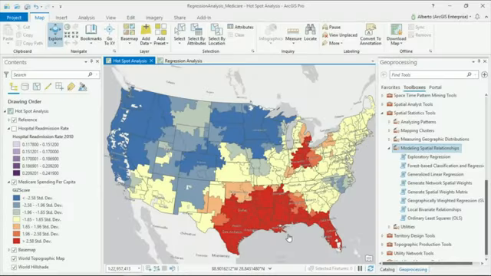So Alberto is going to show us how GLR works in action. Hello. Can you guys hear me? Great. Okay, so we have data for Medicare spending per capita across the country, and we've run hotspot analysis to